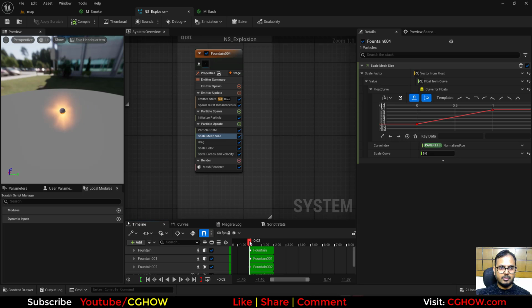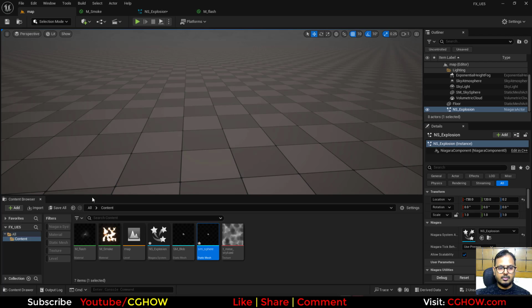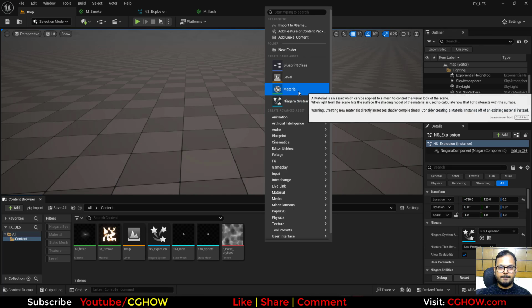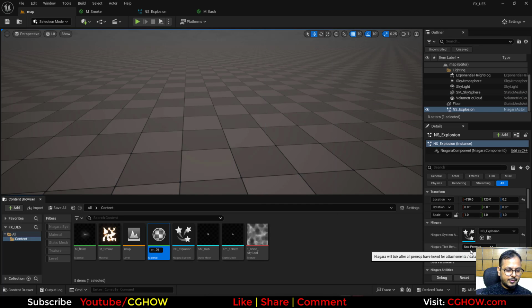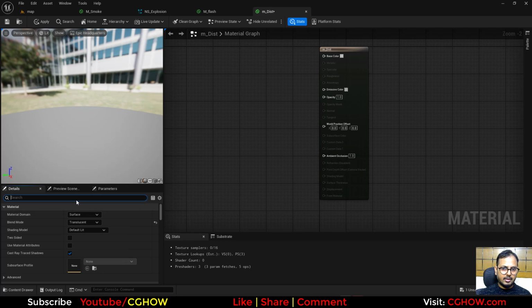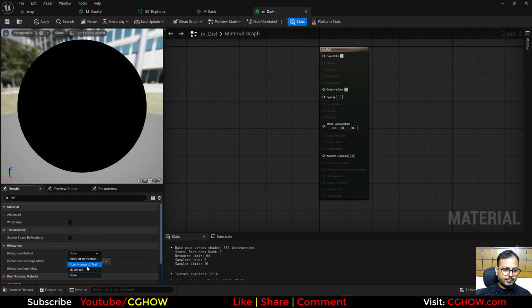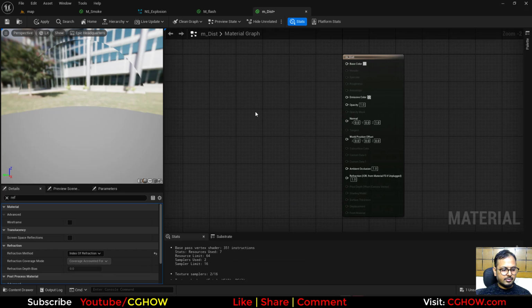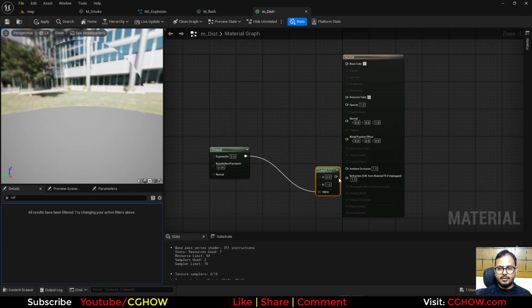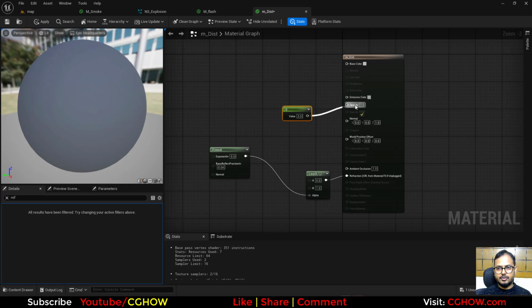If you'll notice, the sphere is coming with the flash. So in the sphere, we can add our distortion. I'll just make it quickly. I'll make a material, M distortion. I'll just make it translucent. I'll find here refraction, use the index of refraction, take the Fresnel, make a loop, connect, make the opacity 0,